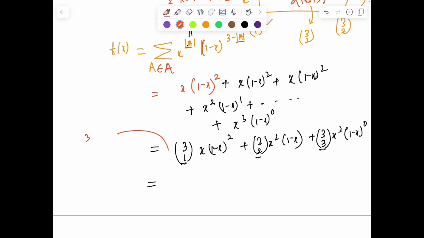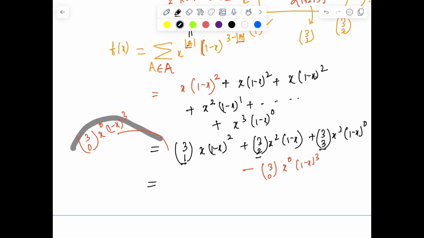So what I'll do is we'll add 3 choose 0, x to the power 0, 1 minus x whole cube. Since I've added x whole cube, from here to here is the famous binomial theorem. So that will look like as